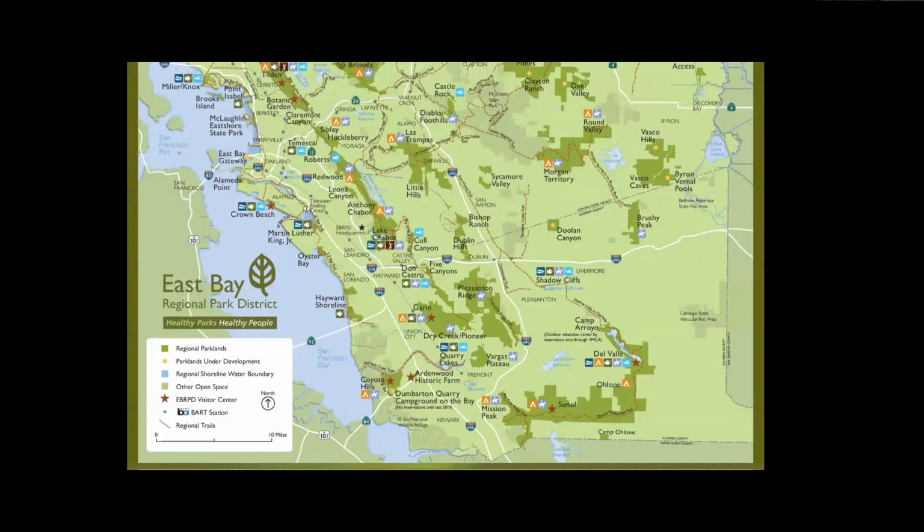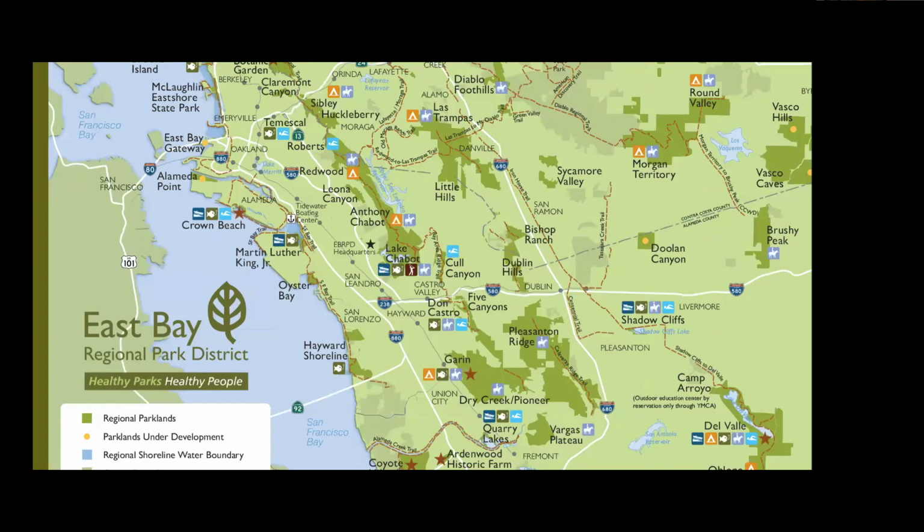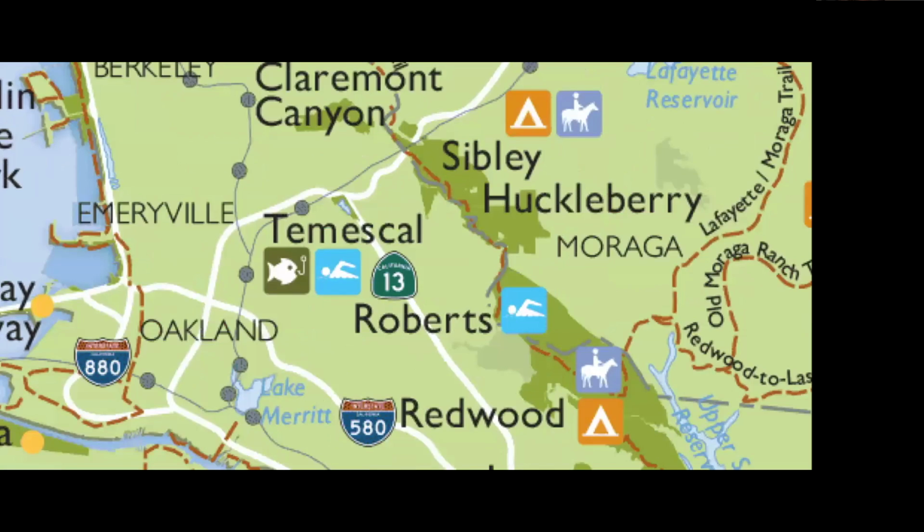So if you look right here, you can see we are at Temescal Regional Recreation Area, which is right in Oakland. So pretty close actually to the clinic as well. So we're really, really close to there. This is a really special place that we are going to get to explore together. And we were just here a few months ago, and I know some of you were here with me. And when we were here, we were